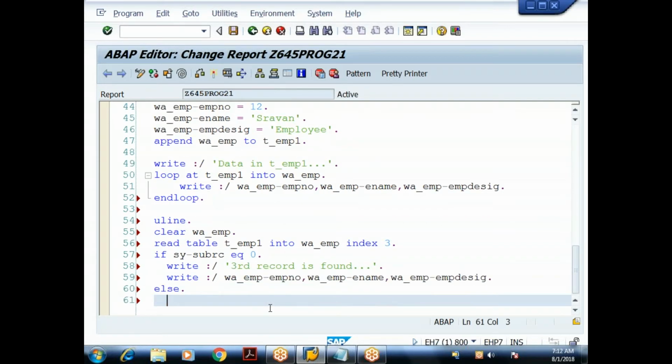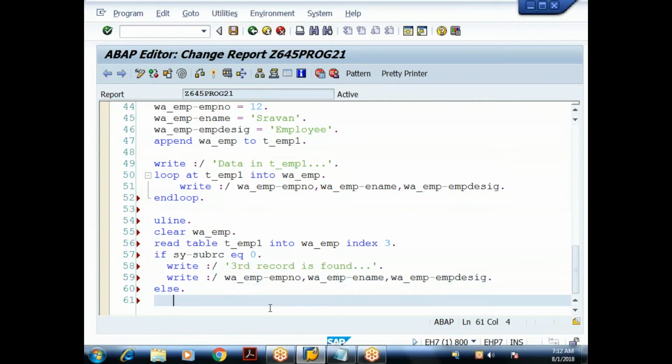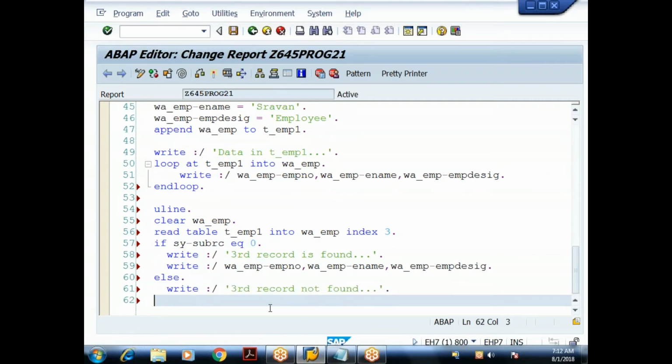Else means my read statement failed. So I'll just give a message, third record not found. End if. Okay, so let us execute this. In my internal table we have around 5 to 6 records, and we are trying to read the third record. So when I execute,